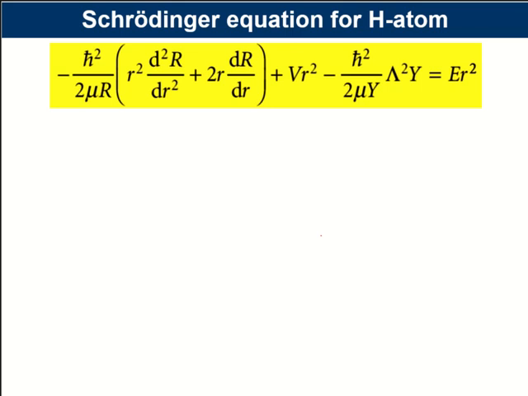So this is what we did in last class. We had arrived at an equation for hydrogen atom, Schrodinger equation for hydrogen atom, and then we changed the coordinates into r, theta, and phi, and we could separate it into